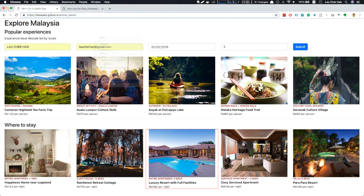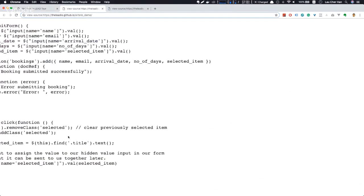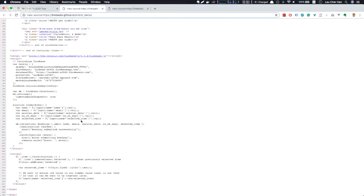So I use jQuery as the JavaScript framework, and then I wrote a bit of the JavaScript here to handle whenever the item is clicked. Yeah, so it's just a backbone example of coding and what you can do with coding. And also